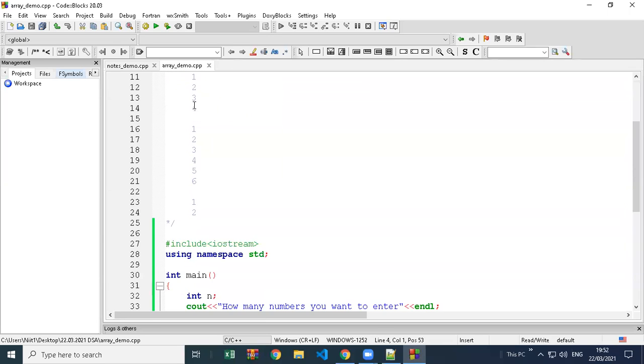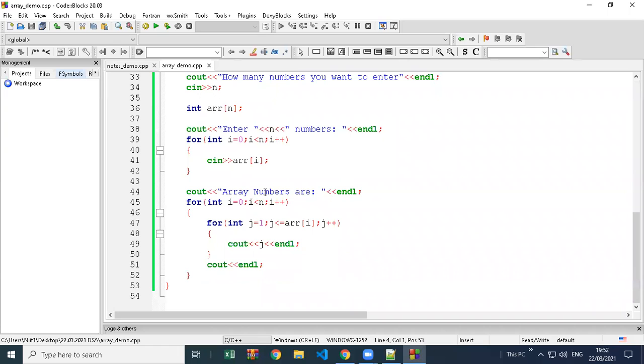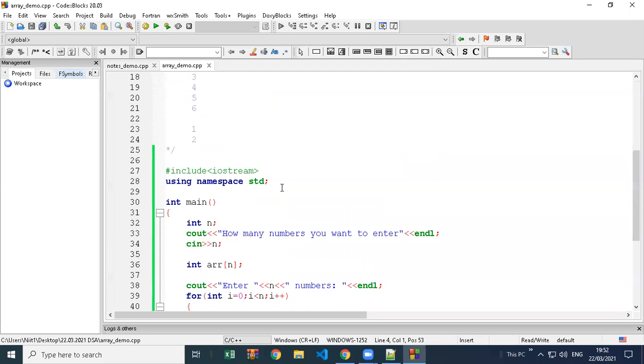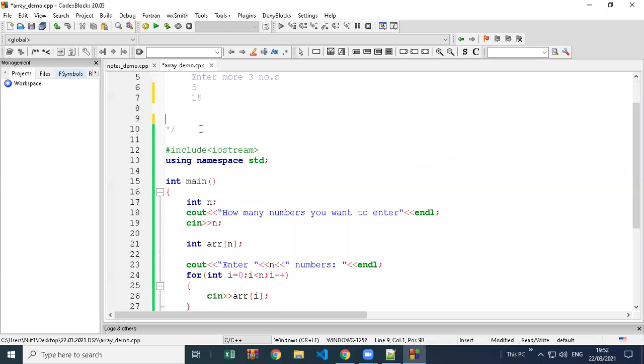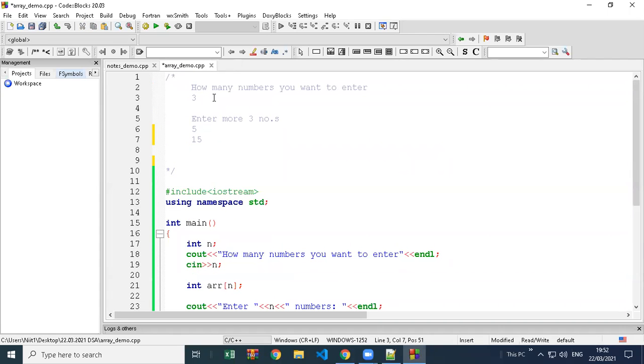Take numbers from the user, and display each value of our array. But when you print the values, you have to do something different. What is that? Let me tell you. This part is actually easy now, not a complicated one. For example, if I say how many numbers you want to enter, two numbers.